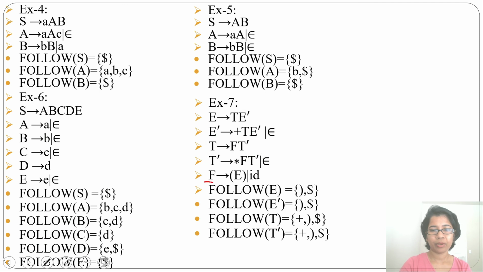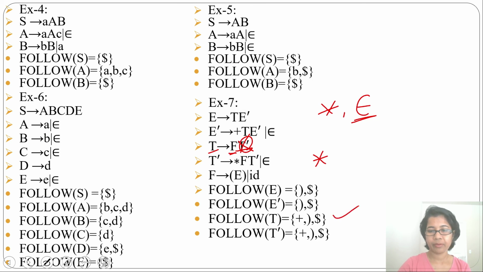Next, find follow of F. Check on the right side where F is present. Here F is present, and here F is present. So in both, follow of F will be first of T dash. Now what is first of T dash? First of T dash is multiplication and epsilon. So follow of F can be multiplication. When this is epsilon, follow of F will be follow of T. What is follow of T?